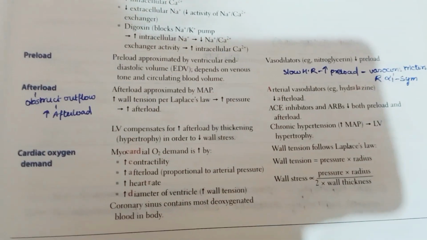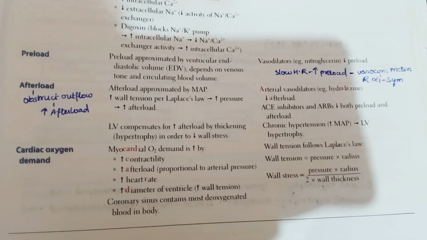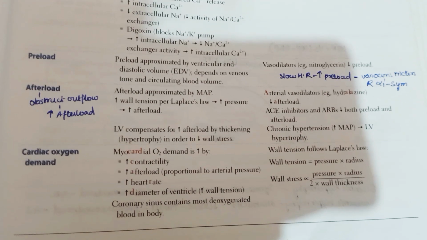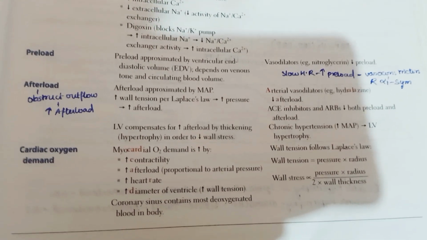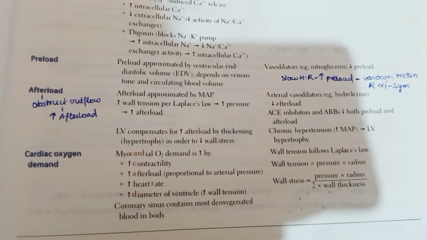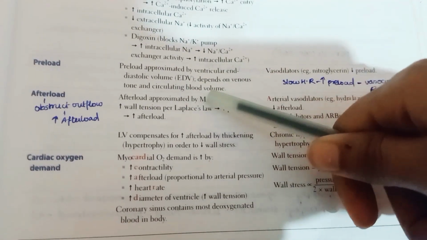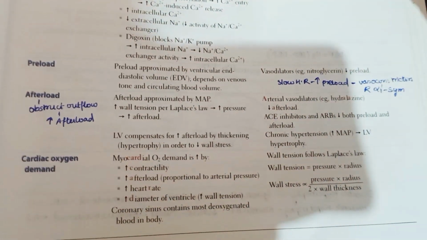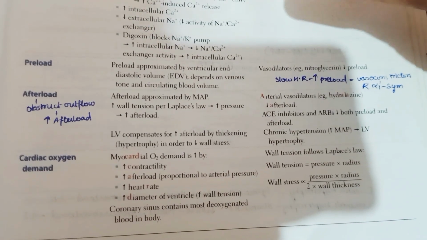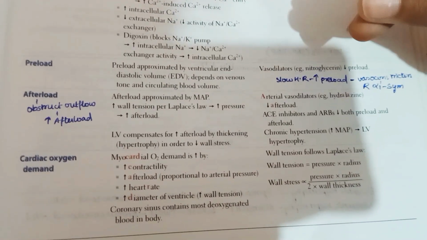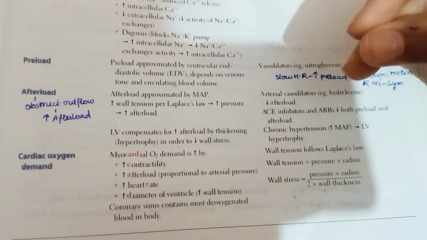Now coming to preload. Actually, what is preload? It is approximated by end diastolic volume. So you know what is end diastolic volume? That is after diastole. After diastole means filling is completed and now it is ready to contract, right? So that is related to preload. It depends mainly on venous tone and circulatory blood volume. For example, if there is vasodilation, there will be decreased preload because vasodilation means more blood is not coming. If there is vasoconstriction, there is more blood coming into the heart,